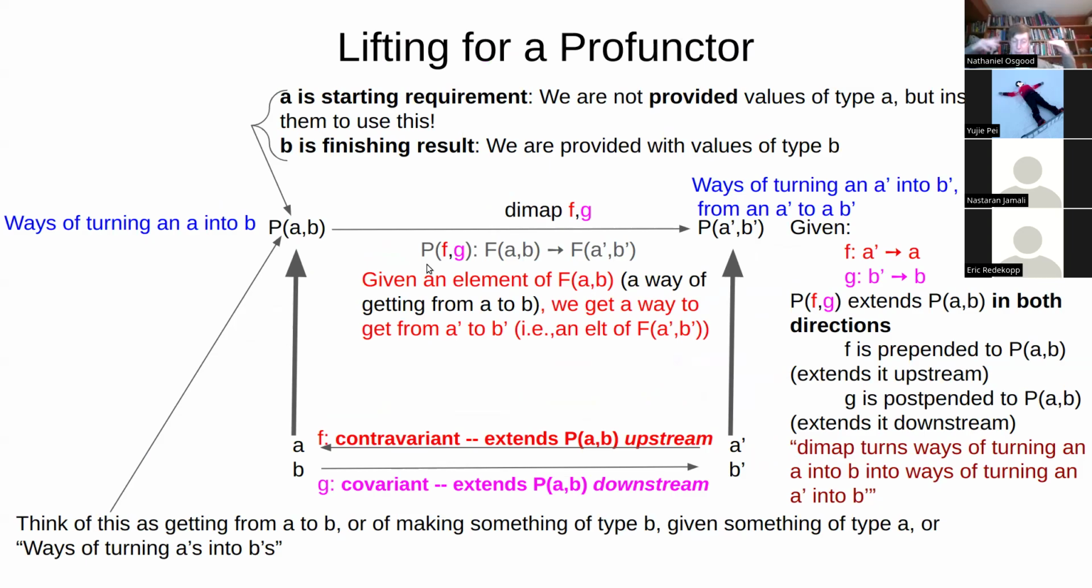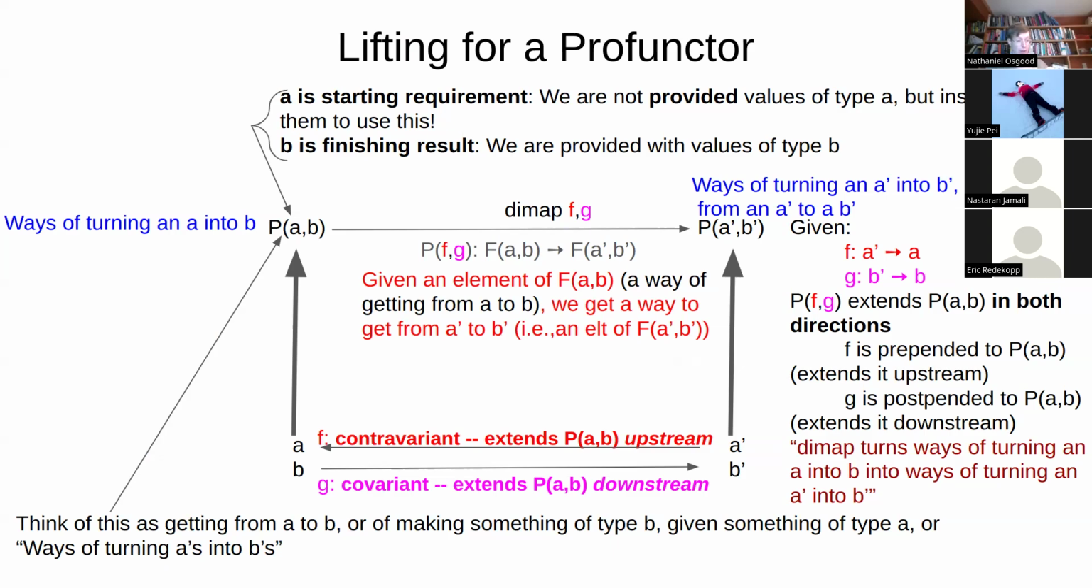They lift either in a contravariant or covariant way, right? The list functor is covariant. If we have a function going from an int to a bool, say it's is prime, we can lift it to go from a list of int to a list of bools. That's covariant. By contrast, if we have a reader, it requires an environment to read off a value, and we